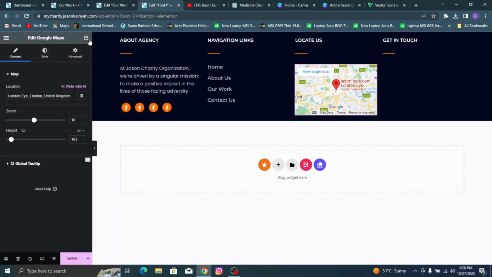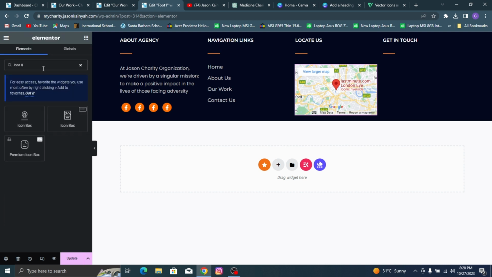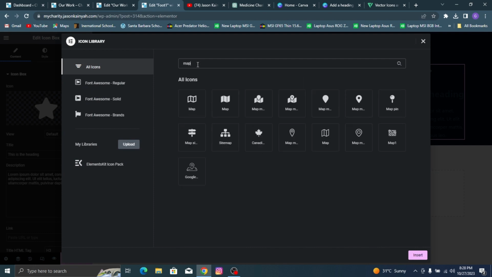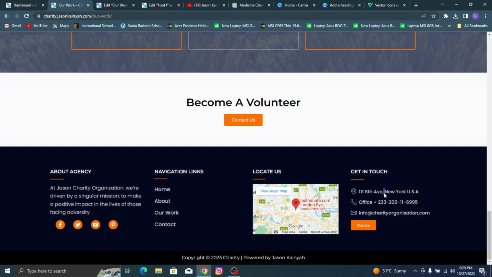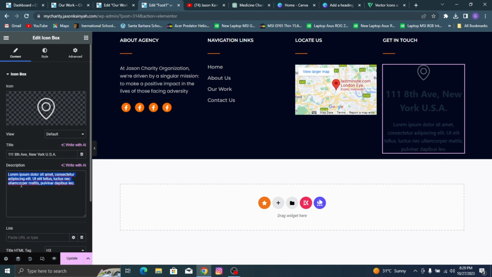So go over here, search for an icon box, drag in an icon box below this, and then we'll make this map, and then we'll click insert, and we'll just copy the address, paste it in, get rid of all